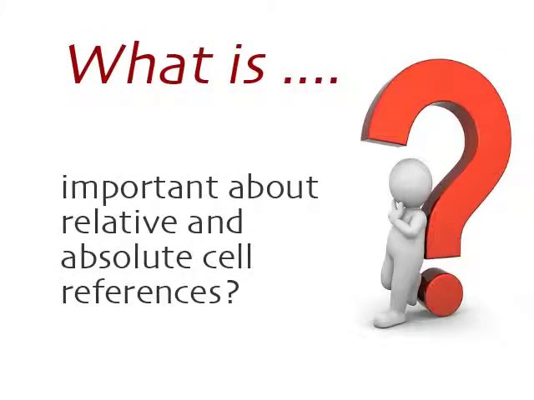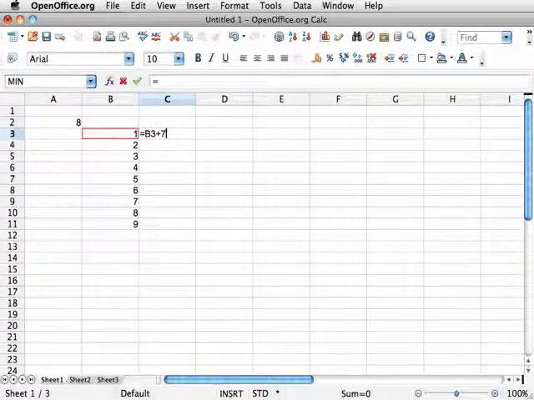Cells in formulas written on a spreadsheet can be referenced as relative referencing or absolute referencing. It is very important to know the difference. To demonstrate the idea of relative referencing, we're going to start by writing a formula in C3, which will be